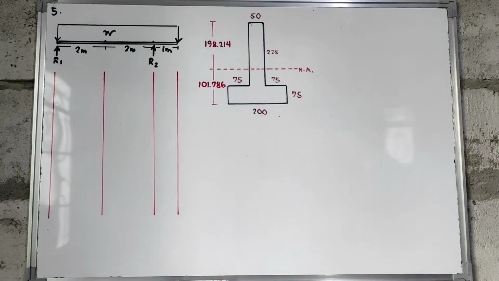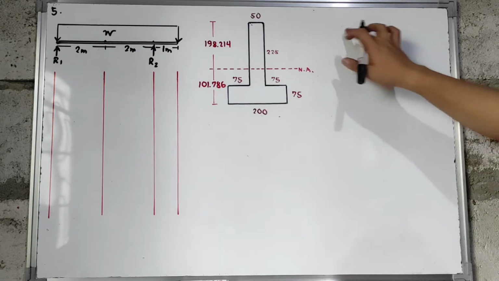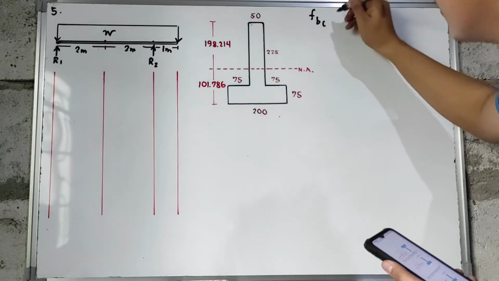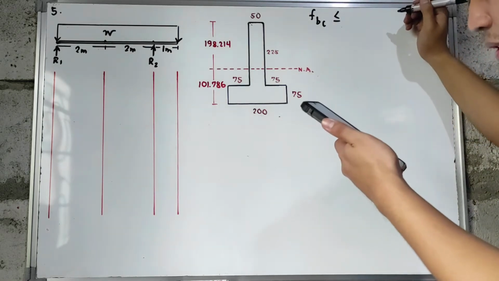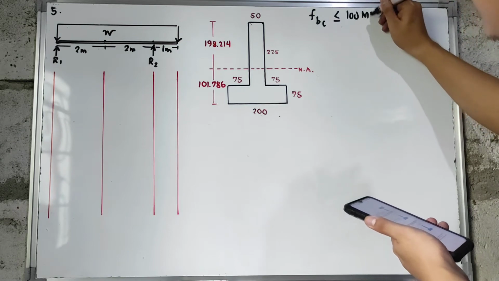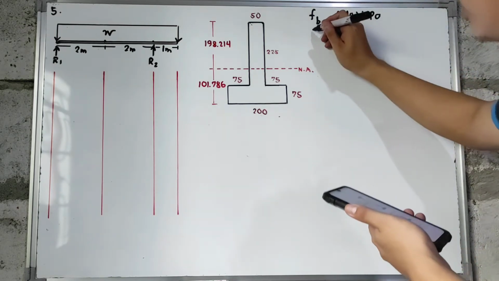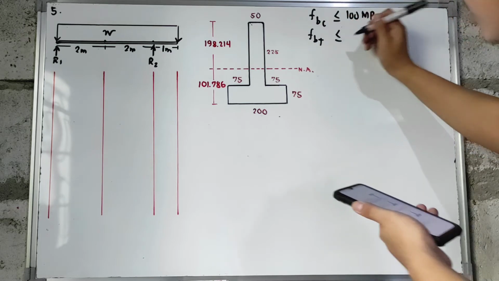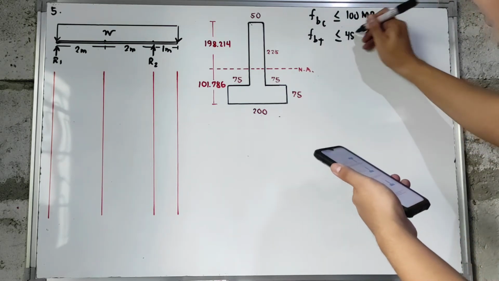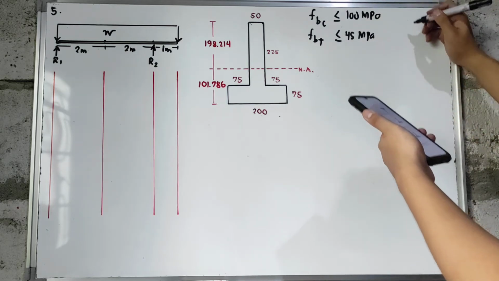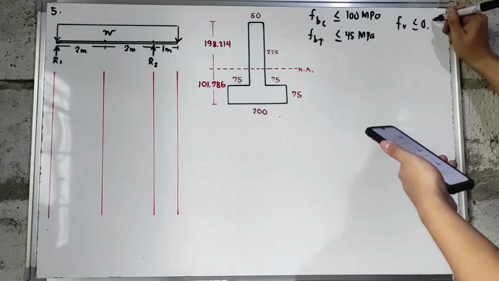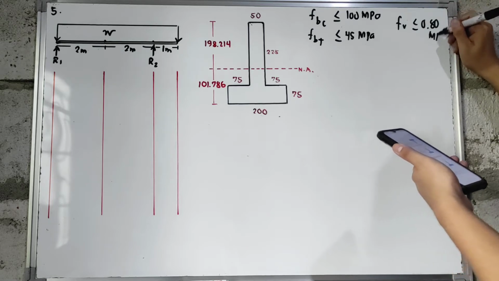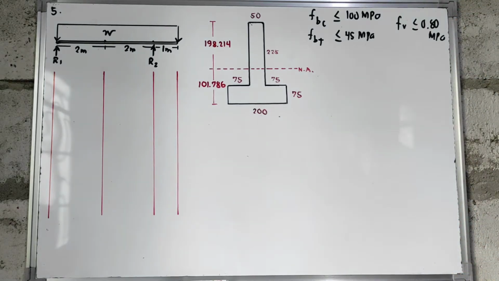Determine the uniformly distributed load that the beam shown can carry if the value of your bending compression will not exceed to 100 megapascal and the value of your bending on the tension side will not exceed to 45 megapascal and dun naman sa shear natin will not exceed to 0.80 megapascal. So, ito yung mga allowable stresses natin na i-equate natin sa mga actual stresses natin to solve for the